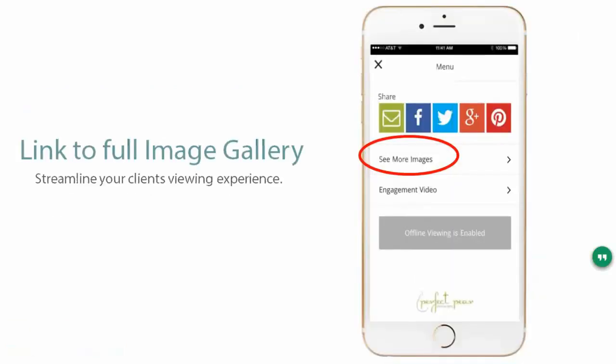Now, for photographers that already use collages for image galleries, you'll be happy to know that the Digital Brag Books can link up and become a portal to an existing gallery. Many photographers use the Digital Brag Book to show their favorites of their session or wedding and then attach it to the full gallery so the client can easily access it on their own time through their...